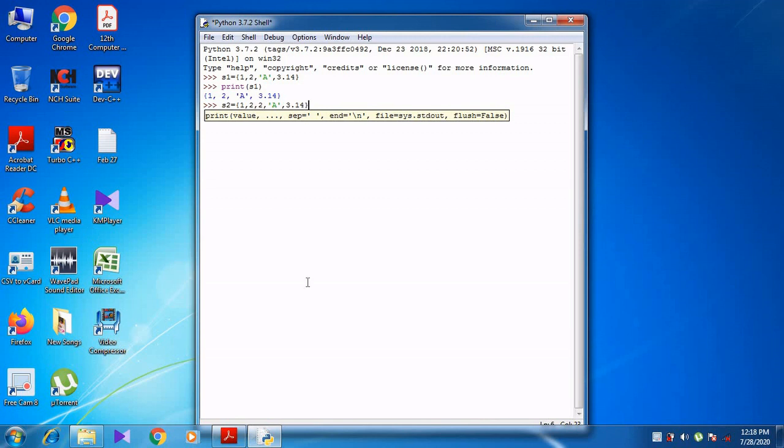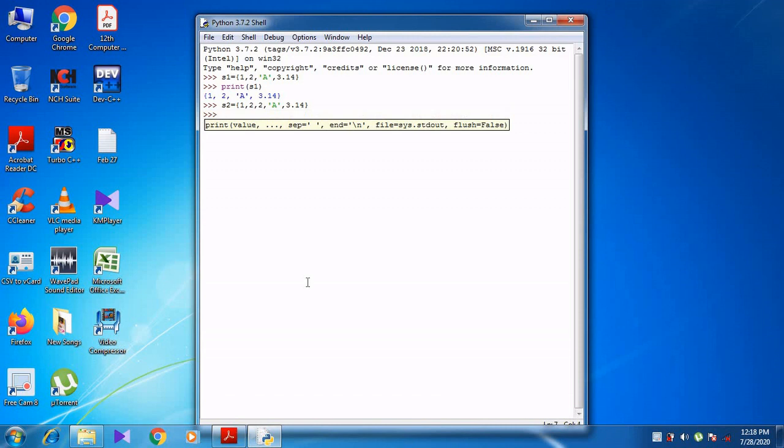So S2 equal to 1, 2, A, 3.14. When I press the enter key, it does not show an error. But when I use the print statement and print the S2 value, now what does it show? 1, 2, A, 3.14.